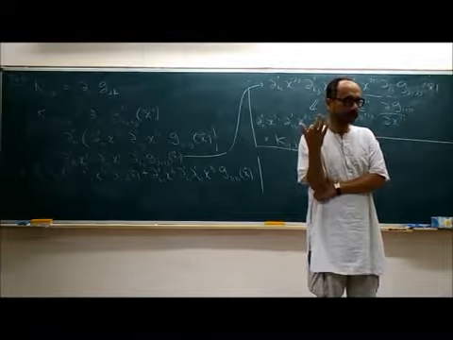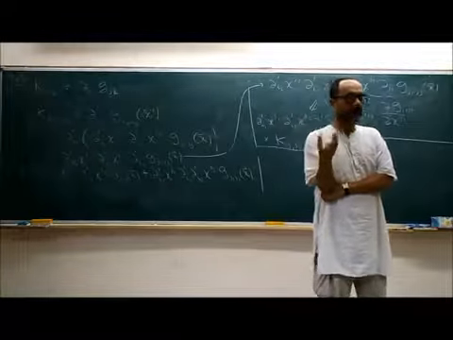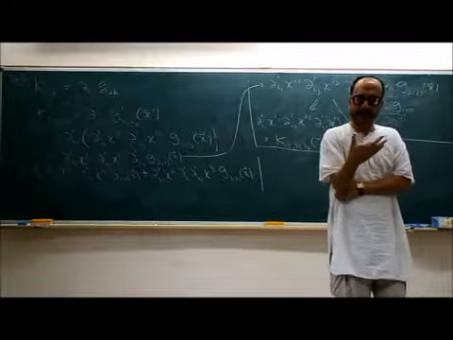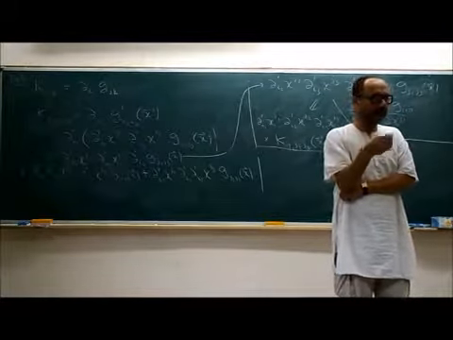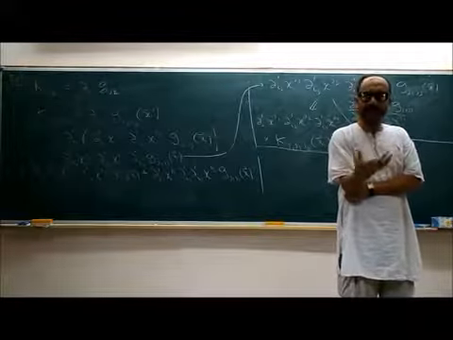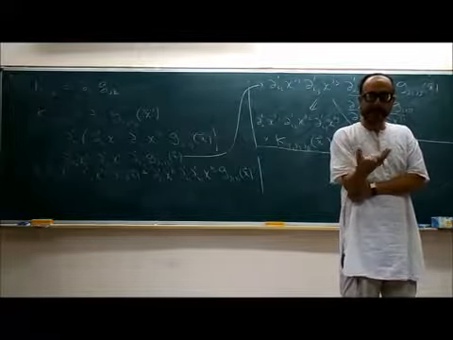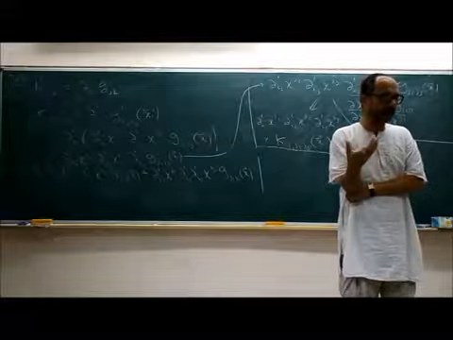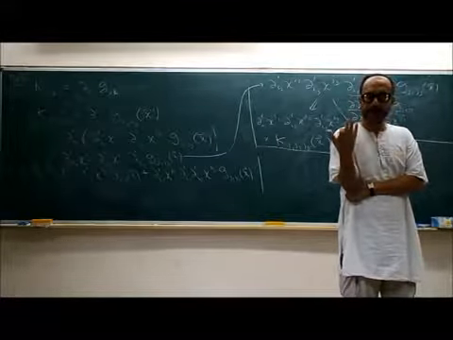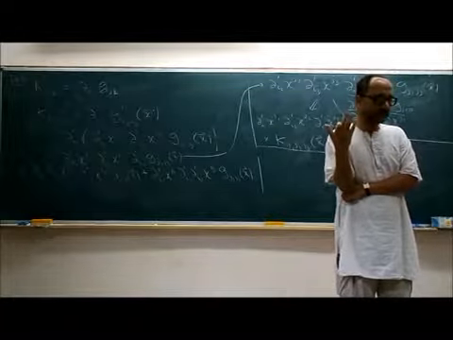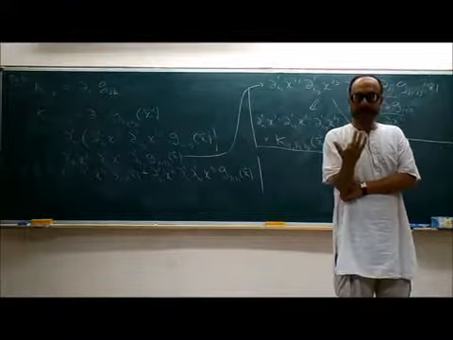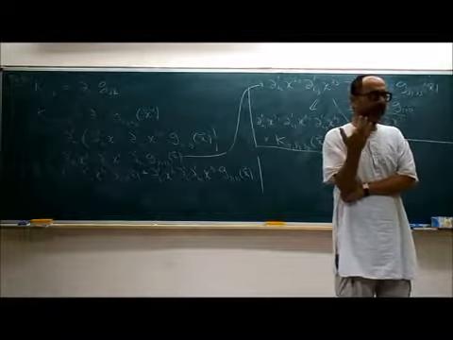And this argument can be repeated at every point. At different points, of course, you have to choose different coordinate systems. But given any point, you can find a coordinate system in which k vanishes, and hence in that coordinate system the tensor vanishes. But tensors transform simply under a coordinate transformation. So once the tensor vanishes, then it vanishes in all coordinate systems. So this is the argument. But of course, this argument requires that you prove that it is possible to find a coordinate system in which k vanishes.